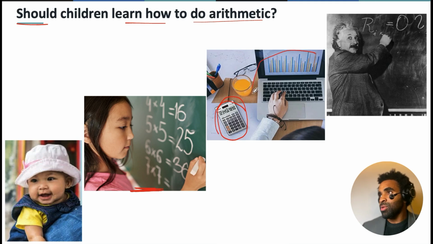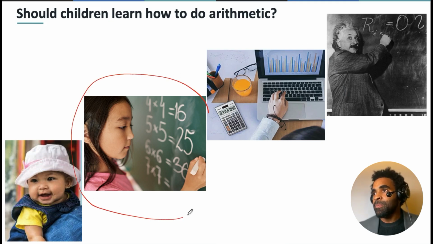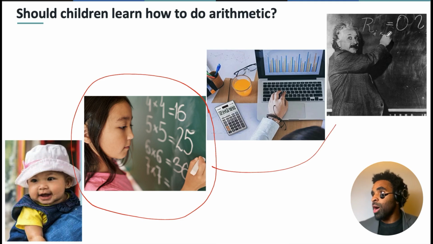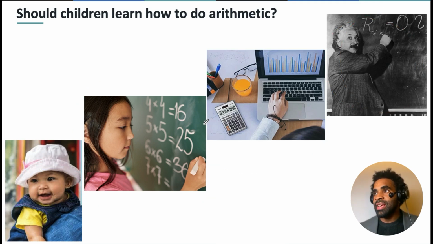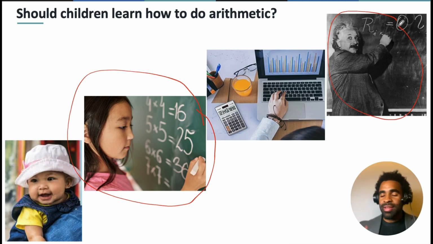And indeed we have computers that can also do most of that work. So one may ask, is there really a point to kids learning how to do basic arithmetic if we have computers and calculators that can do most of that work for us? But the problem is, if you skip this step, then you may not build the crucial mathematical intuitions and foundations that are the basis for much more complex math later on. What I'm saying is, if you never learn basic mathematics, chances that you're going to be the next Einstein and help us figure out the next important laws of physics are very slim.